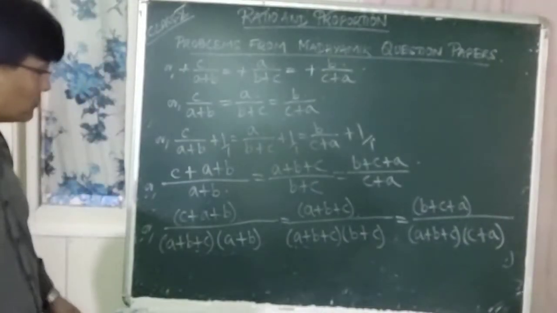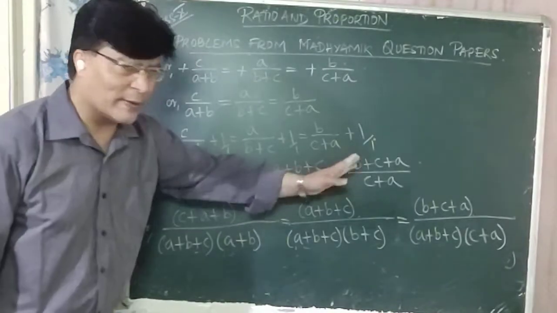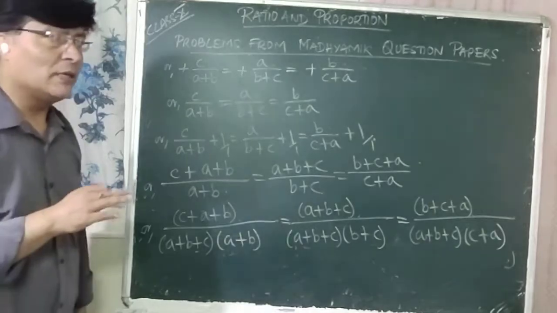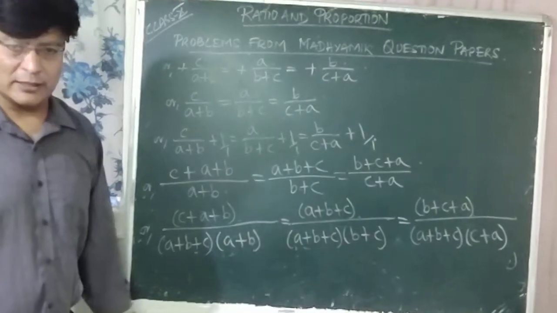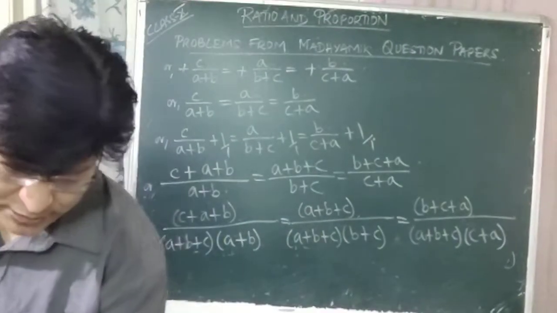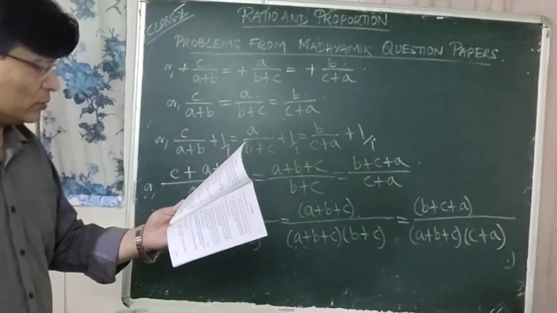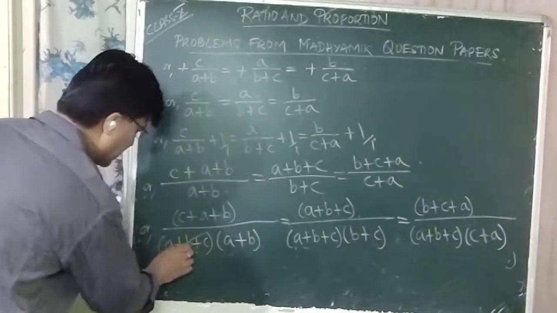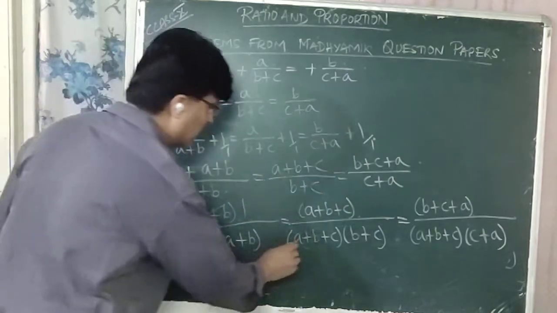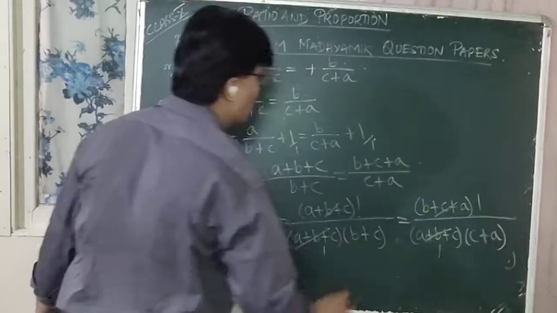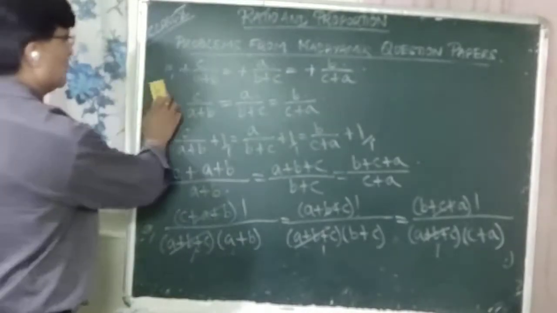That means we are dividing all these terms by A plus B plus C, so that we can cancel that A plus B plus C which is in the numerator. Okay? Because in the question it is given that A plus B plus C is not equal to 0. Right? So now we can cancel A plus B plus C one time here, one time here, and one time here. Right? So what do we get now?